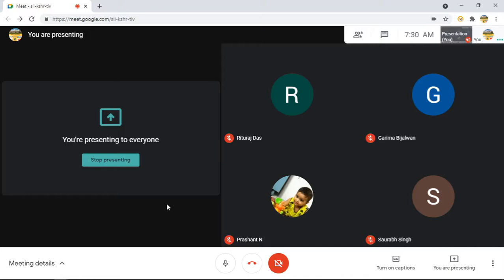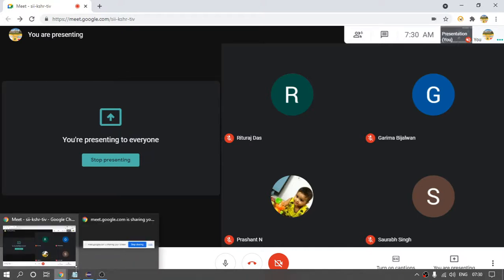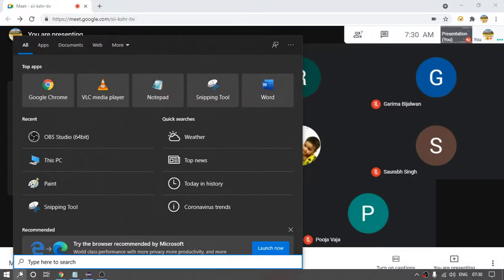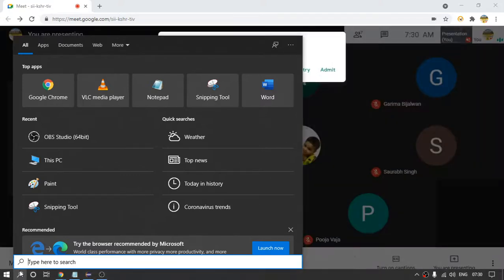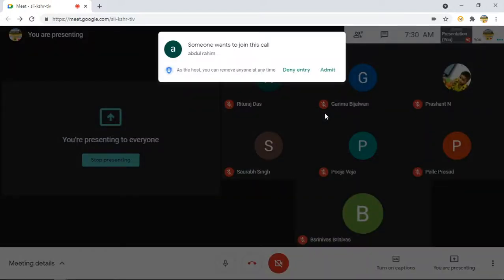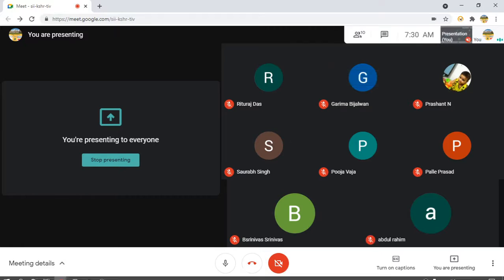So let us see what the XPath locator and the CSS locator are. So let us discuss what XPath and CSS are.